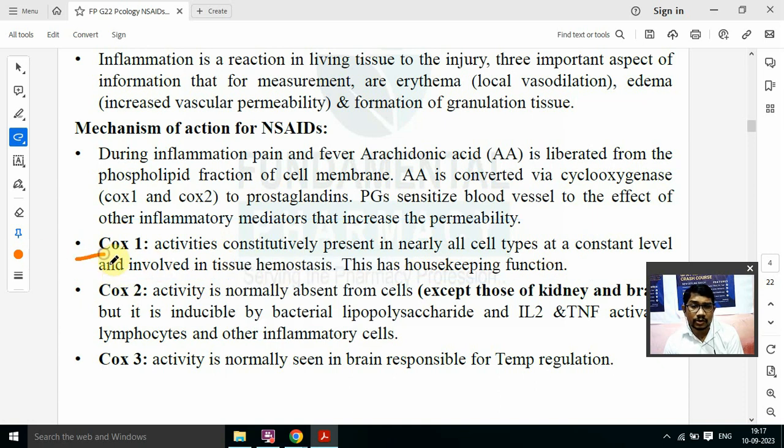देखो COX1 क्या है? COX मतलब क्या? साइक्लोऑक्सीजनेस. तो इसके आइसोटाइप होते हैं. There are 3 isotypes or isoenzymes of COX. Okay, cyclooxygenase. So COX1 is there, COX2 is there, and COX3 is there. COX1 का आप होता है almost in all tissues. COX1 is present in all cells and tissues. Now COX1 is involved in the housekeeping function. It has a housekeeping function.